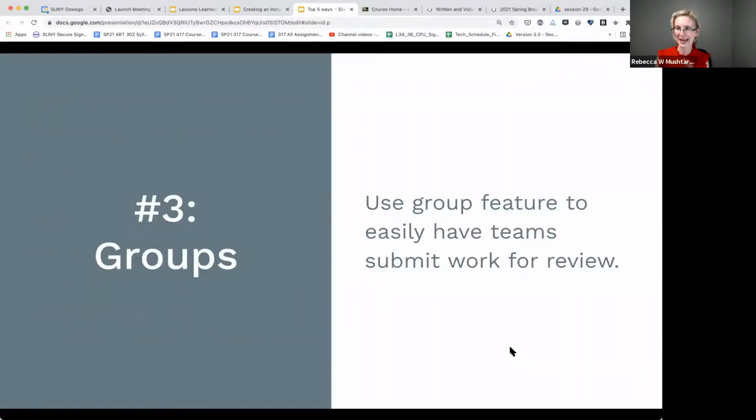Number 3, Casey has done a whole workshop on making groups and stuff, but my use is incredibly minimal, but it does save time. There is a group feature or function inside of Blackboard. If you're going to do collaborative work on assignments, and they're going to work on something collaboratively and then submit it, it works really well if you set them up as a group, because then they only have to turn in their assignment one time, and you only have to grade